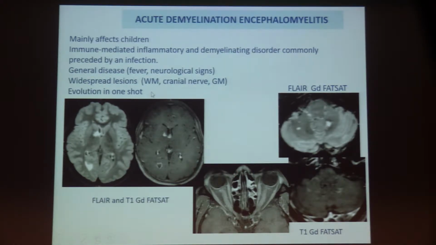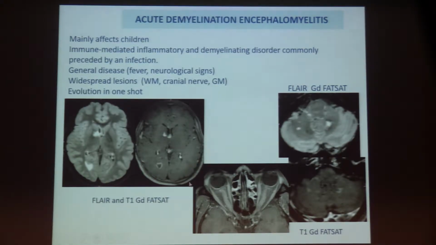ADEM, or acute demyelinating encephalomyelitis, mainly affects children. It is rare in adults, and it is generally induced by either infection or vaccination, and it is a general disease. There is fever, there are neurological signs, and it touches white matter, but also gray matter and cranial nerves. So you can easily make the difference between MS and ADEM. This is an example in a 14-year-old child with little lesions here, which all enhance because it normally evolves in one shot, and both optic nerves are enlarged